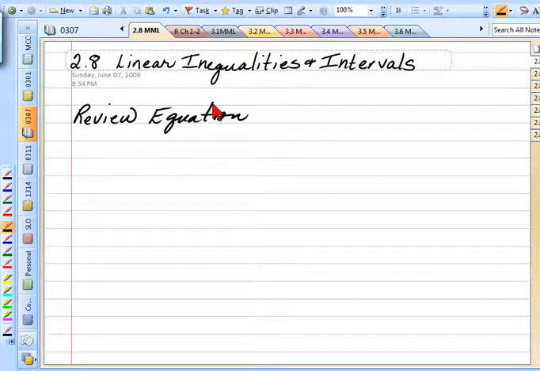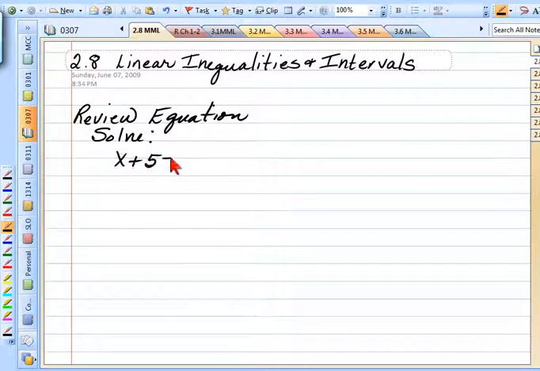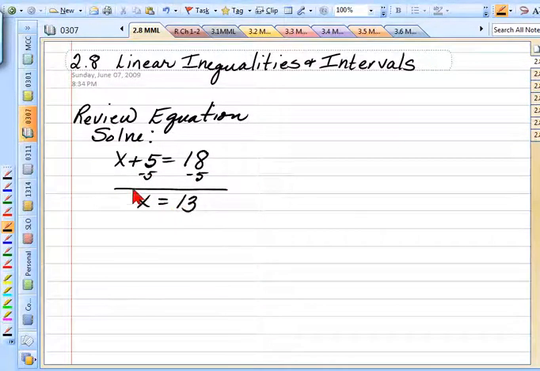Okay, very, very simple. What if I ask you to solve x plus 5 is equal to 18? What would you do to solve that equation? You would simply subtract 5 from both sides, and you would get x is 13. And that means that 13 is the solution. 13 is the only number that if you put it in the place of x, will make that